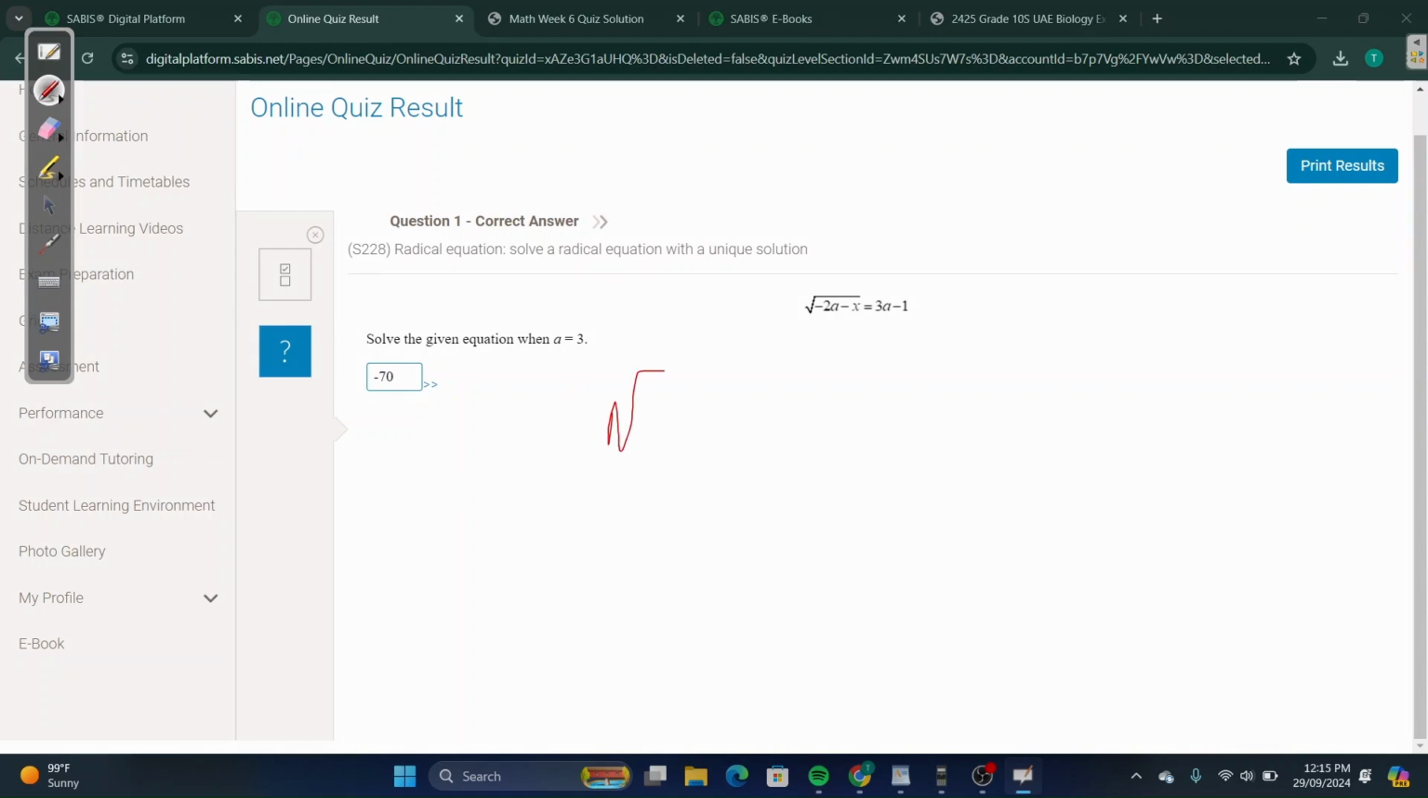So, root of negative 2a minus x equals 3a minus 1. So you have a equals 3. So negative 2 times 3 minus x, obviously all of this is under the root, equals 3 times 3, which is going to be 9, minus 1, which is going to be 8. So root negative 6 minus x